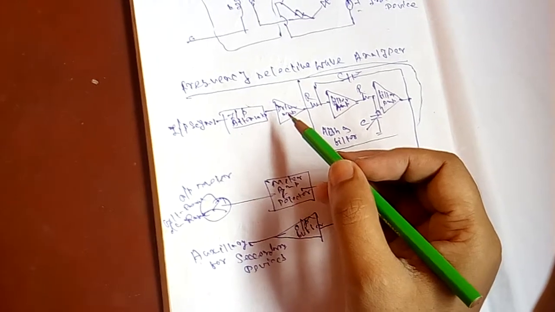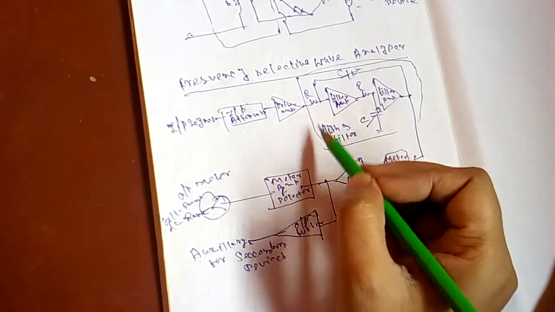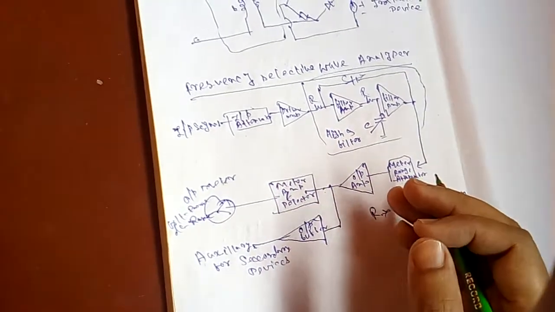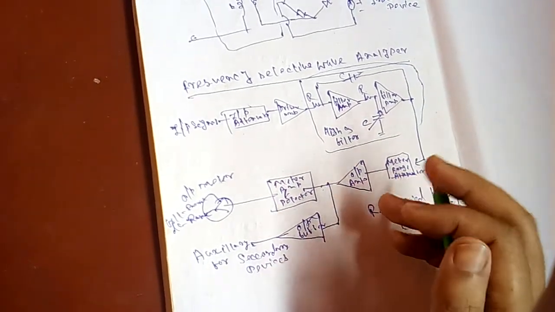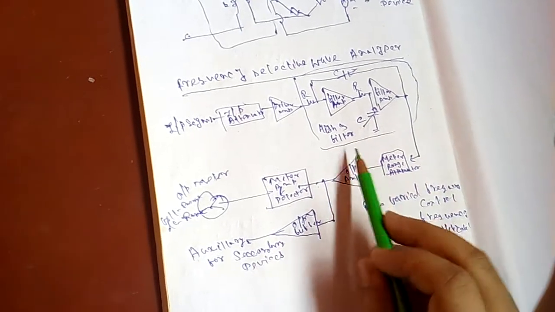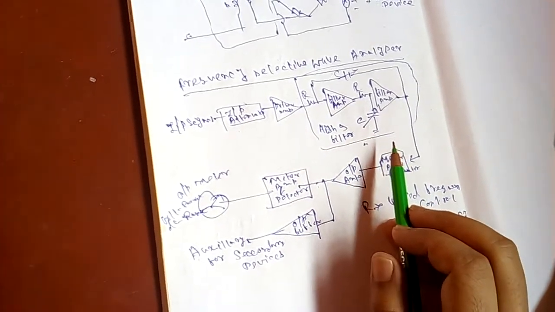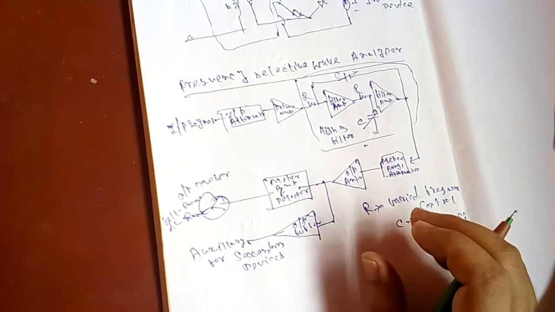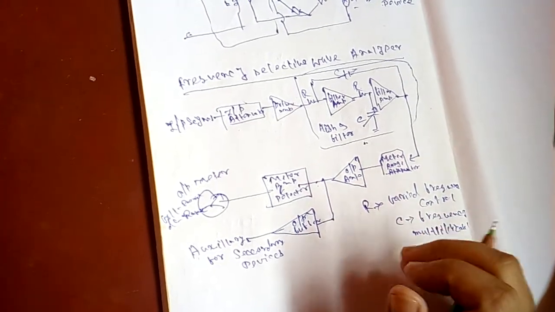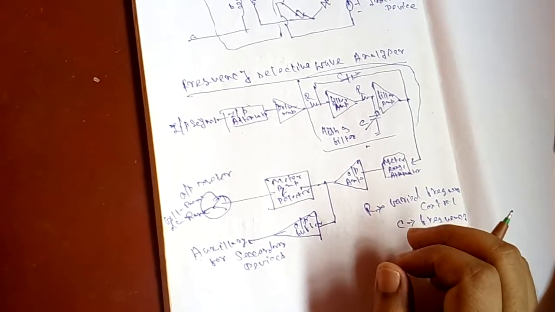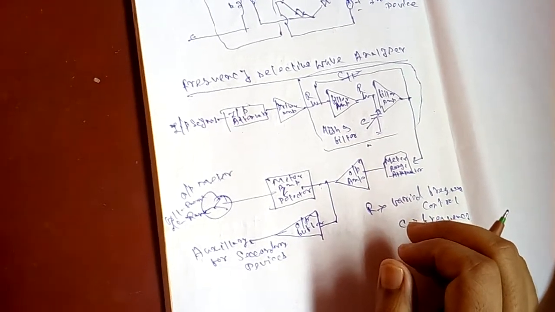Then the output of the attenuator is fed to the selective amplifier, which amplifies the selected frequency, and the driver amplifier applies the attenuator's input signal to a high Q filter. The high Q filter is a low pass filter which allows the selected frequency to pass and rejects all others. Means low frequency components are passed, and higher ones beyond this are blocked.